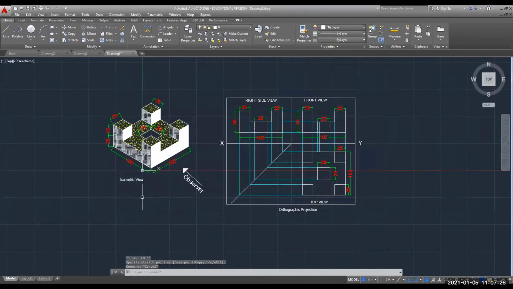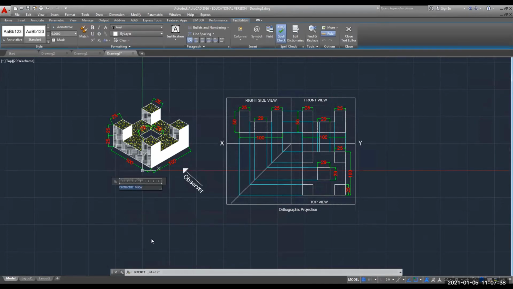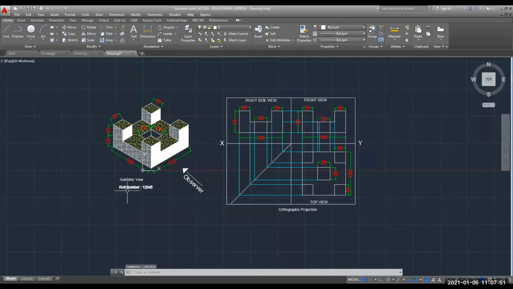Now, as you all know that after doing all these things, you have to write your roll number. I'm writing 1, 2, 3, 4, 5, and you have to write as well.